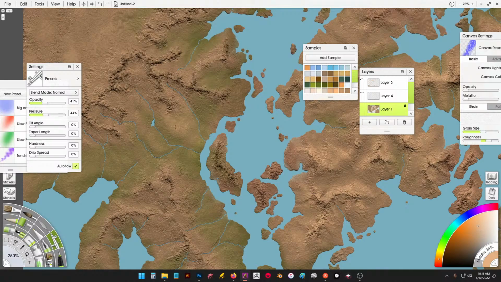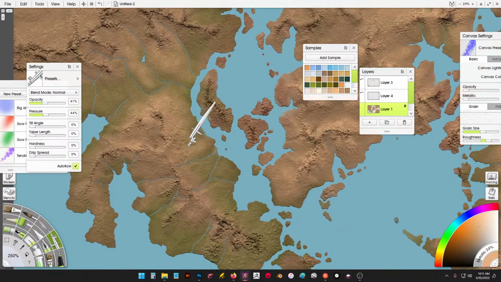This one, however, we're going to run these very close because we want that yellowish color that's popping. So little circles everywhere. And I'm not really worrying about the mountains near the rivers, for the simple fact that